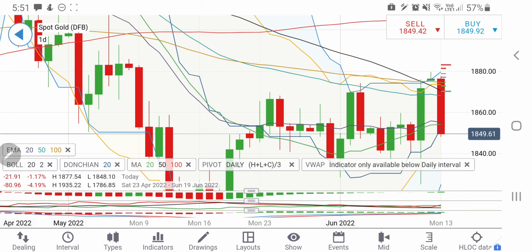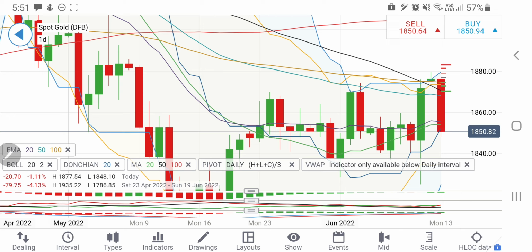Right now it is trading below this. It is trying to enter into a bearish domain, but yes, again this zone is very strong support, mark my words. Only if it stays below 1850, one can expect 1847, 1845, 1840 as the targets, and on the upside only on breaking 1860 I will recommend you to go long. Till the time it is trading in between 1850 and 1860, do not trade. So this is the strategy.